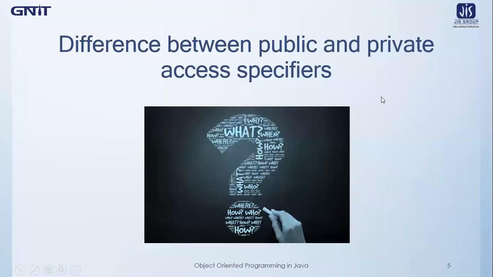This is all about today's lecture. So today you have learned about how an object can be returned from a method, what happens when an object is returned from a method to its calling method. Then you have learned about recursion. The concept is already known to you. You have just implemented the same concept in a Java program. And lastly, you have learned how private variables or any private member of a class can be accessed from another class. And you have also learned what the differences are between public access and private access of members of a particular class.